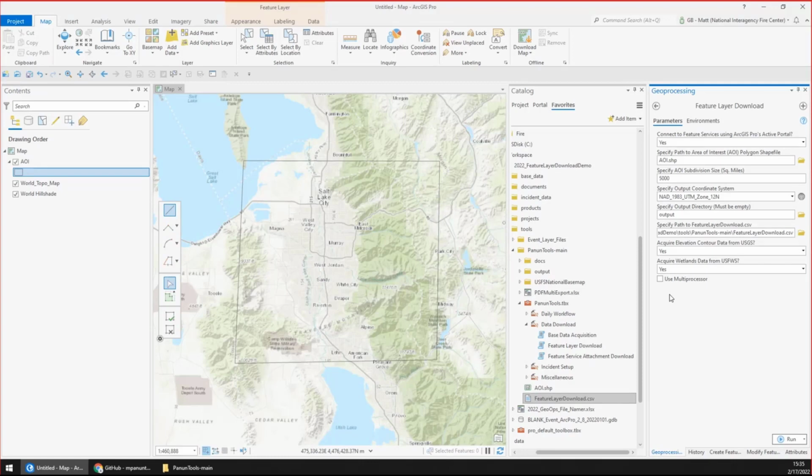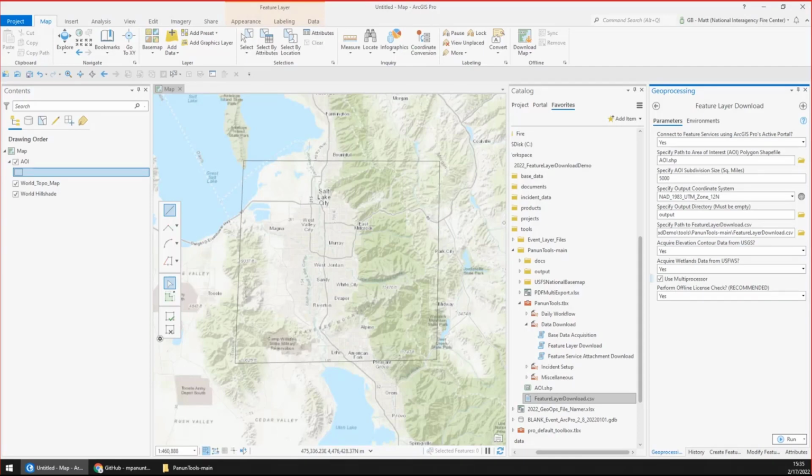I haven't been able to figure out why some folks have issues with the multiprocessor and other folks don't, but this toggle should at least allow everyone to use this tool successfully, although it will run slower without the multiprocessor, so just keep that in mind. So we're actually going to use it today. And when you check that box, another parameter drops into view, and it asks if an offline license check should be performed. And I highly recommend always setting this parameter to yes.